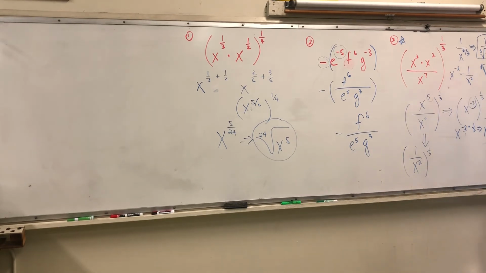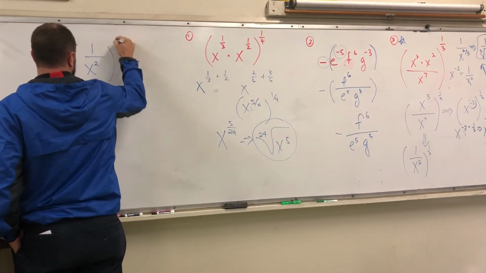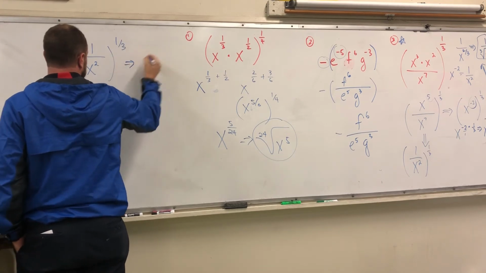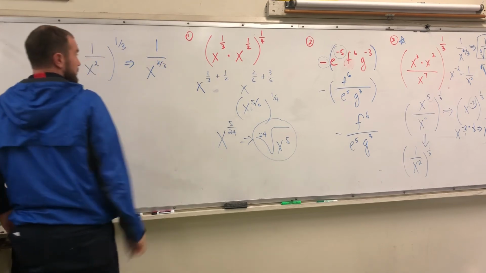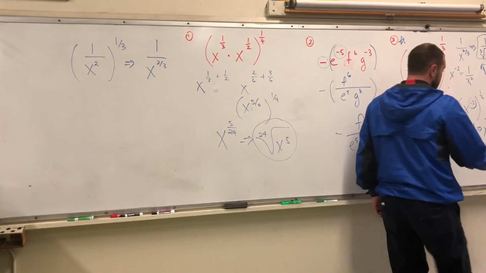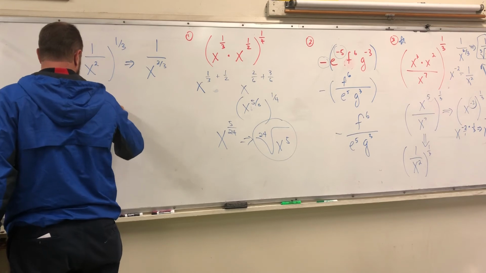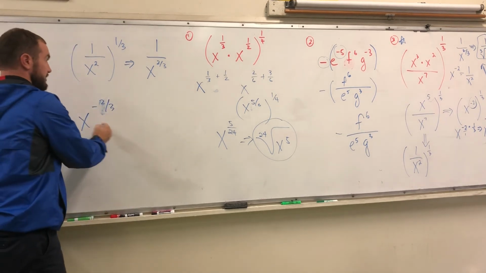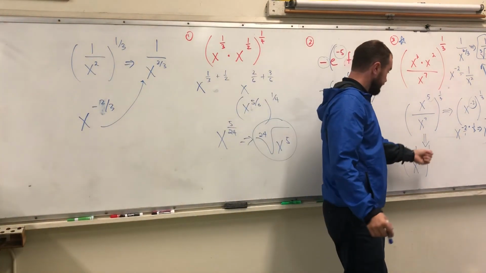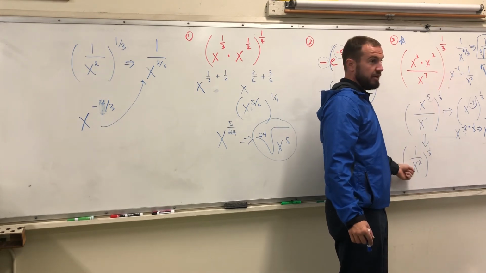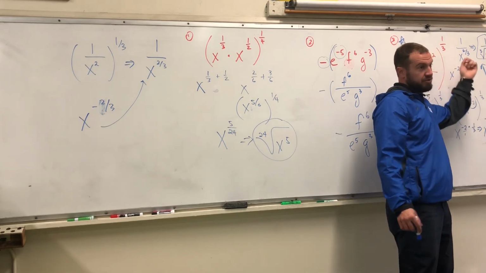And then if you took the 1 over x squared and multiplied it by 1/3, you would end up with 1 over x to the 2/3. Basically, you're skipping that part in which you had the x to the negative 2/3. You're skipping that part and you're going straight to here. At one point, you're taking the negative exponent and taking its inverse. There's two